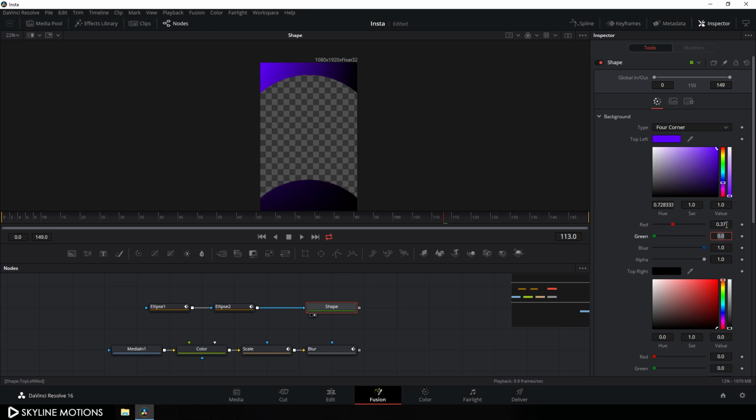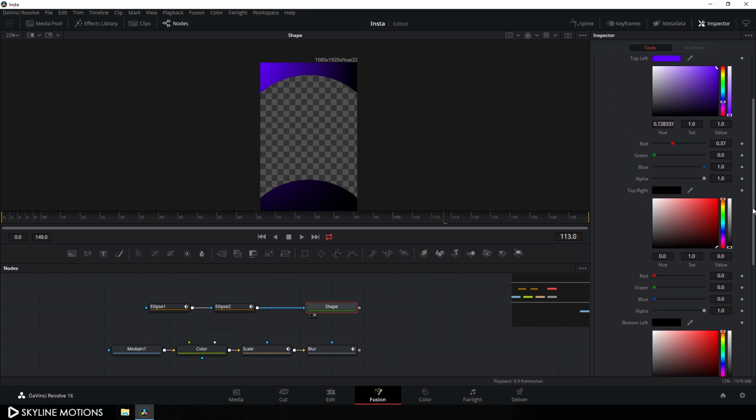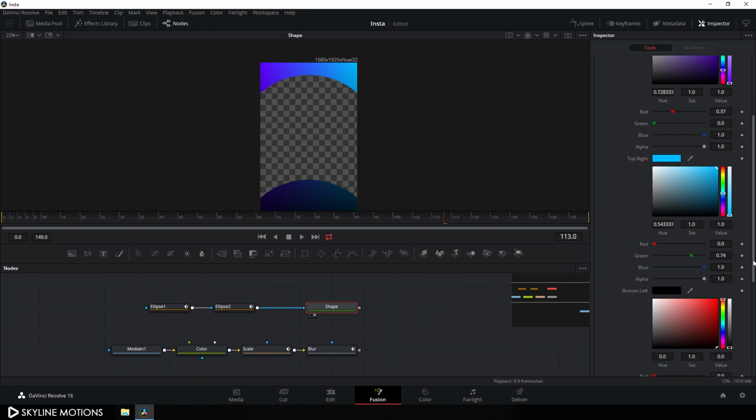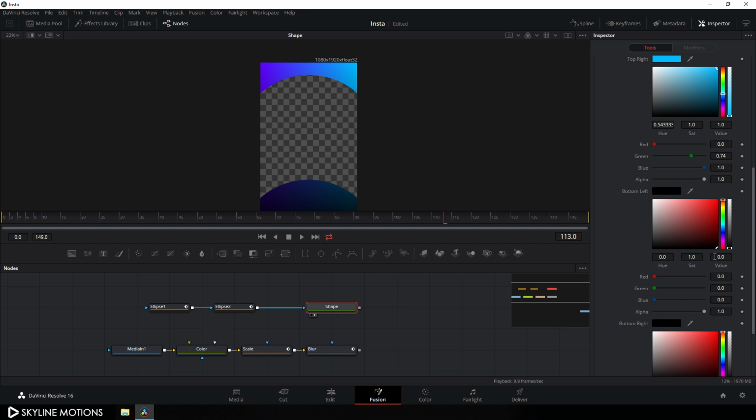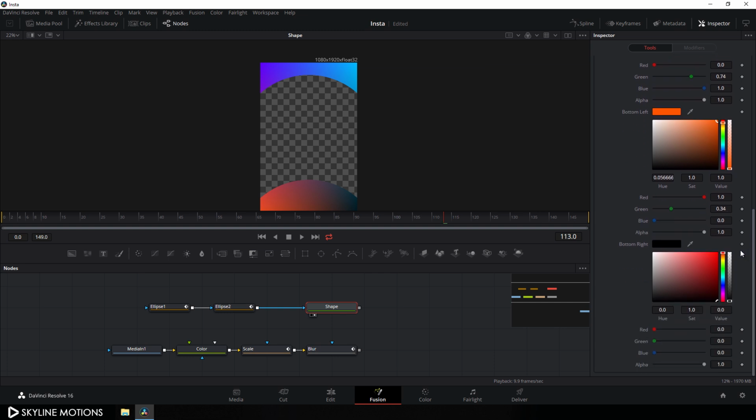So just set this red value 0.37, hit enter and make it this kind of purple color, and go to this top right corner and select this sky blue color like this, and this time set this green value 0.74 maybe, hit enter and go to this bottom left corner and this time pick an orange color like this and set this green color value 0.34, hit enter and make it this type of orange color,